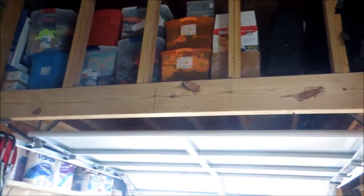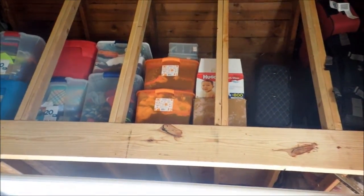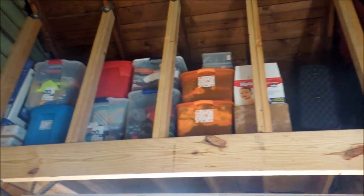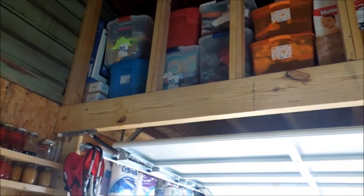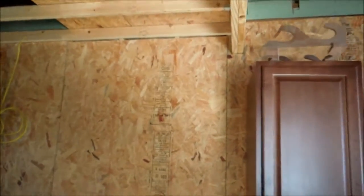So it makes a really neat storage loft because, you know, you can see the garage door here, and the way the garage door opens, it's right above it. So you get to take advantage of that space, and it works really well for that. So that's kind of the layout here, and we'll be putting a wall up right underneath this header